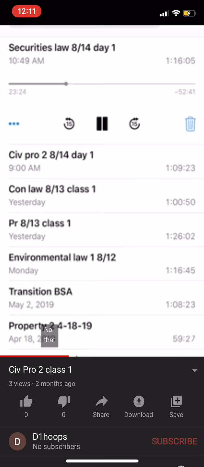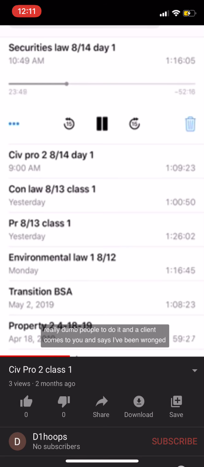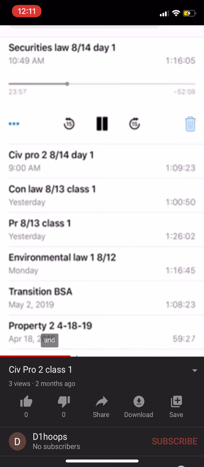But how do you know what to put in there? How would you go about drafting a complaint? You go out and hang a shingle. You started this new law firm. You're very excited. You just couldn't get a job after law school, so you're just going to hang a shingle and do a civil law practice because why not? I know really dumb people who do it. And a client comes to you and says, I've been wronged. I have been aggrieved, and I demand a recompense. And so you have to draft a complaint to get that into court on behalf of your client. How do you go about doing it?